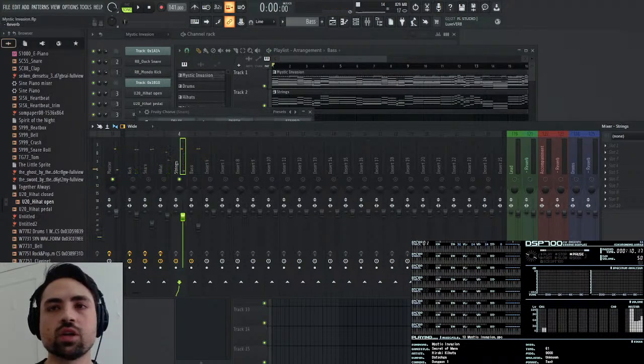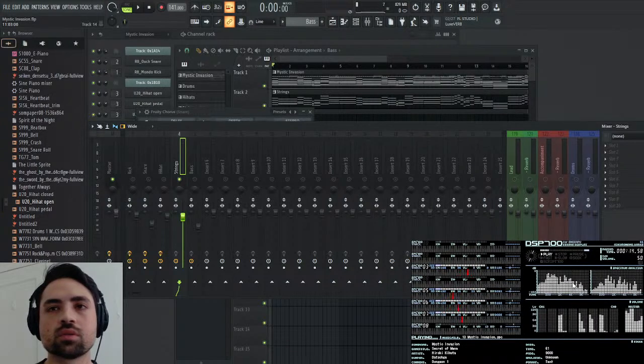The strings are definitely going to need some hall reverb. Let me see how much it has. Sounds like it has. This actually sounds more like it would be better for, let me send this to accompaniment reverb first of all.